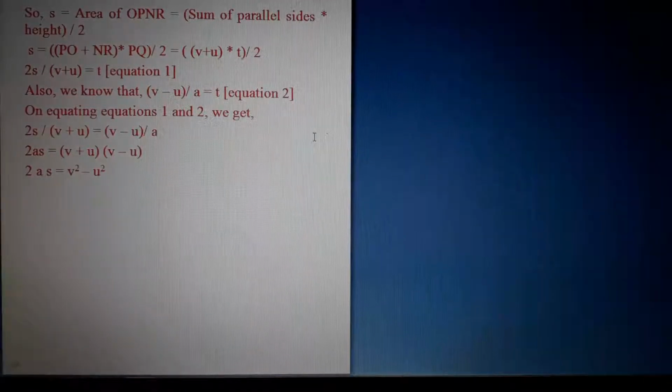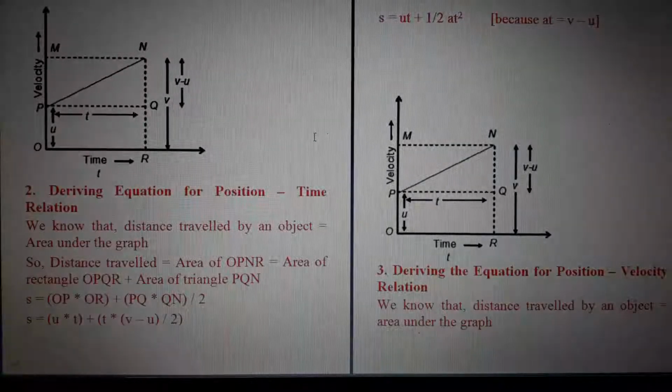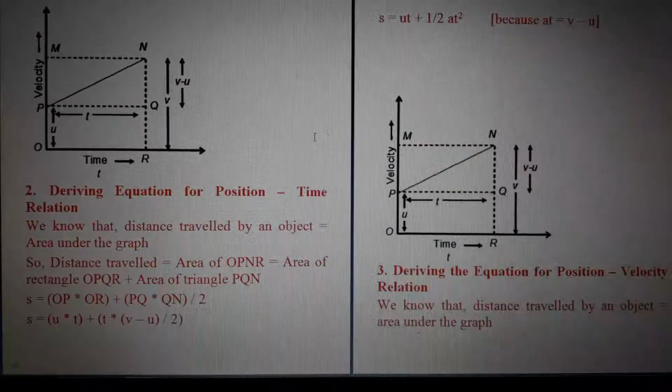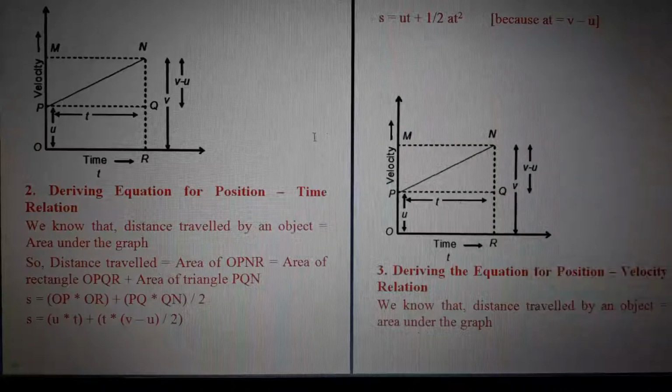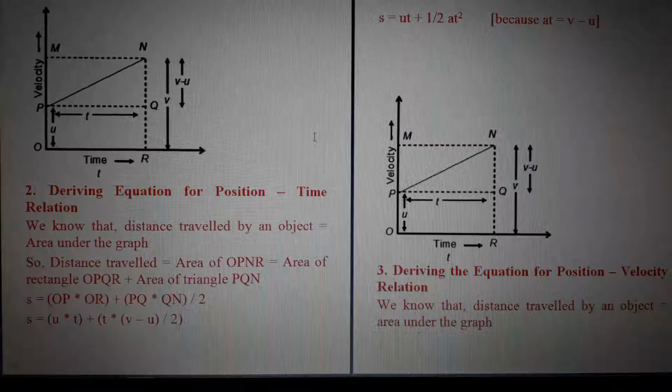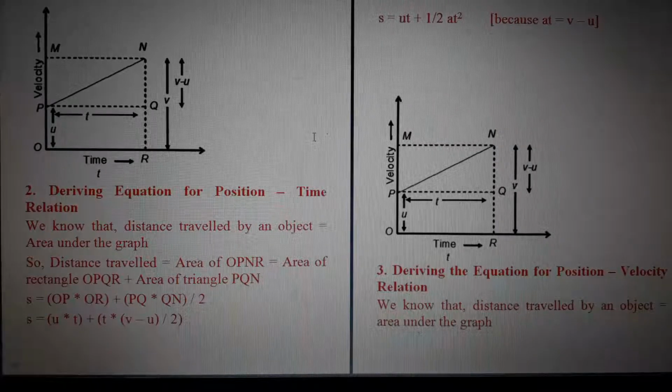Also we know that V minus U by, anyway, one more time I will explain this, otherwise you won't get it, I think. It's a bit more confusing. The last part is a bit more confusing. First I was planning to take this part separately, otherwise you will get confused, but today I only went through this equation. I think this one was easy. This is the third method to find the distance travelled by the object. In the next class we will discuss the last equation one more time, so that it will be fine for you.